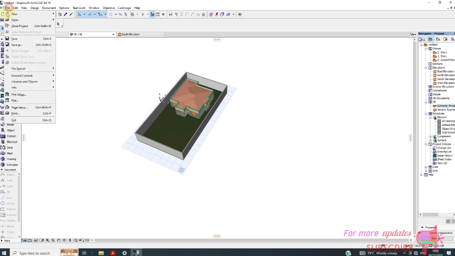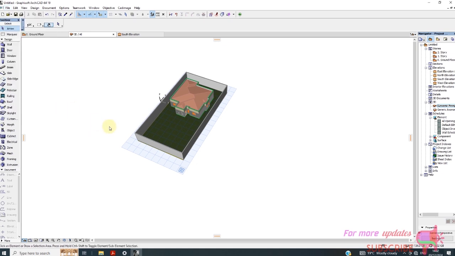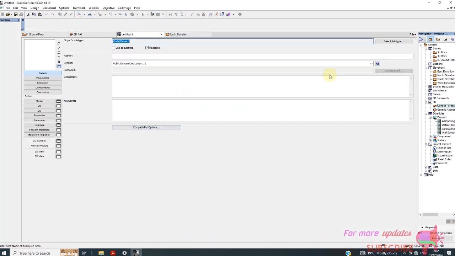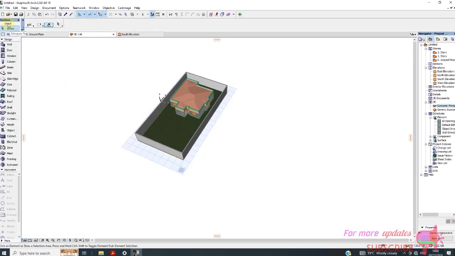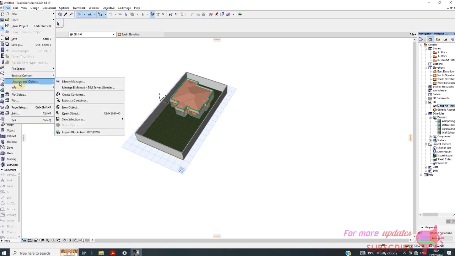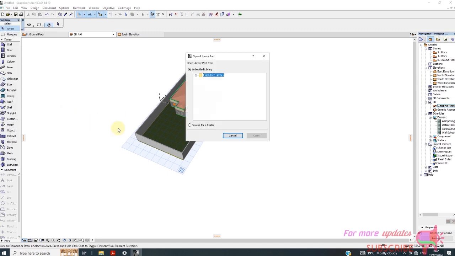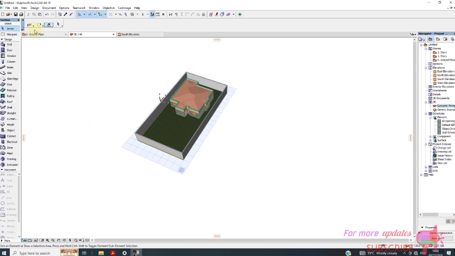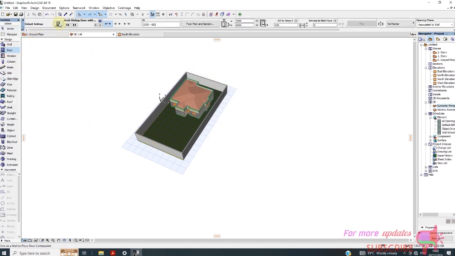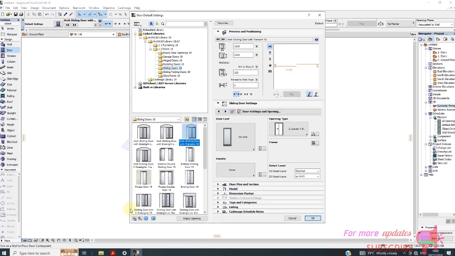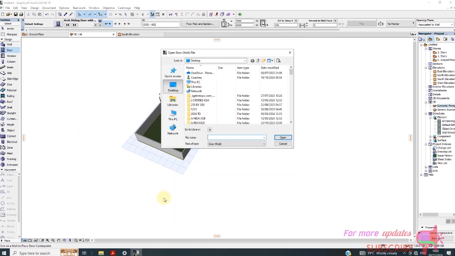And I'll go to File, Library, New Object, File, Library, Open Object, or let me just go to Door. Here, instead of using this door,